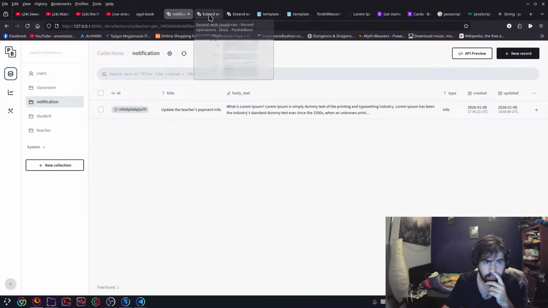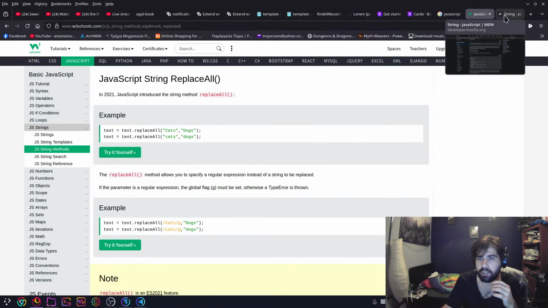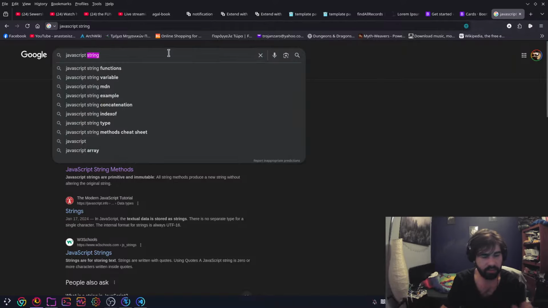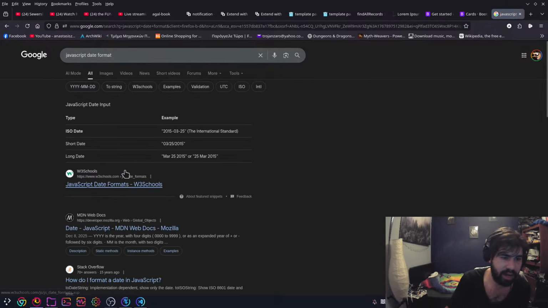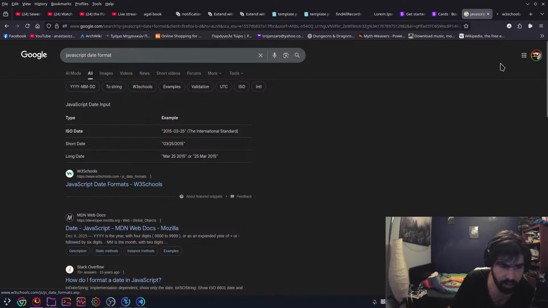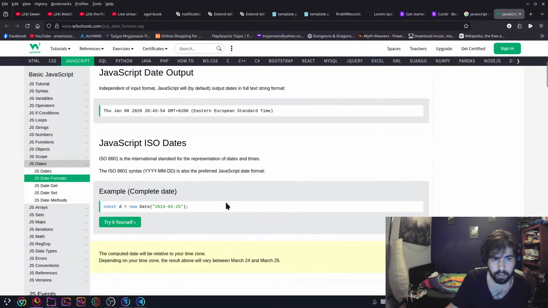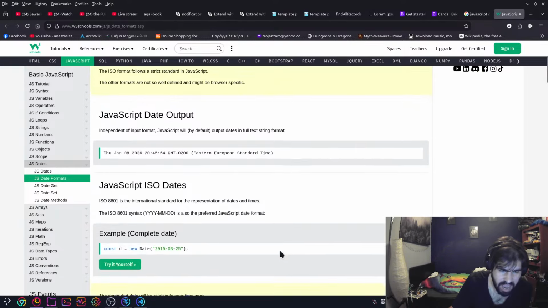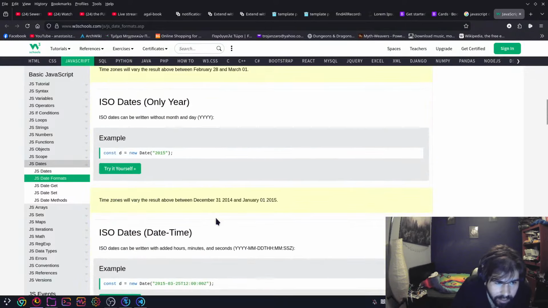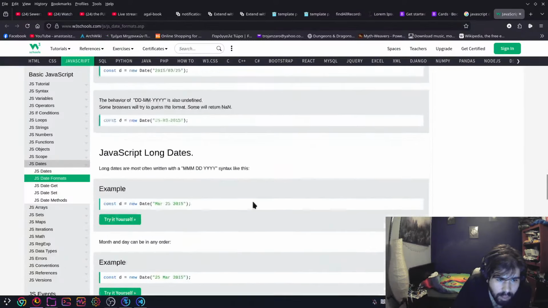Now, any good human readable format for dates in JavaScript? JavaScript date format. There we go. It's so nice when they have it written so nicely. Tuesday then. Is that what I want? Yes. How do I do that format though?